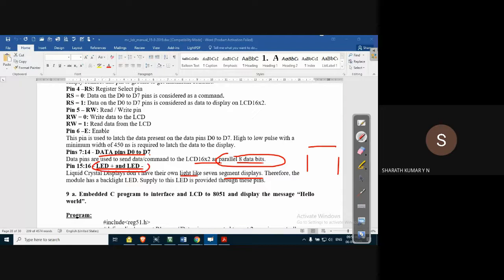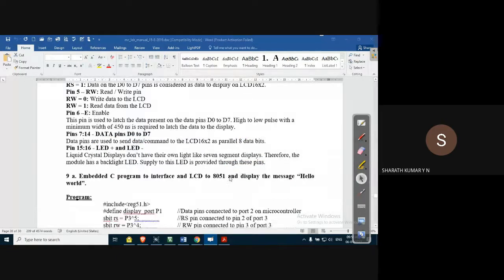The module has a backlight LED. When it glows, we can see the characters displayed. Supply to this LED is provided through these pins: pin number 15 provides 5 volts and pin number 16 provides the ground. That controls the on and off of the backlight.